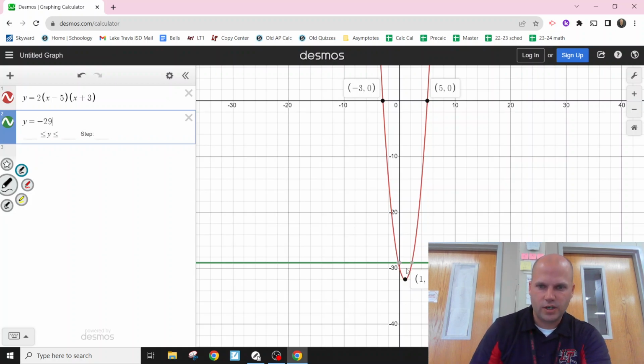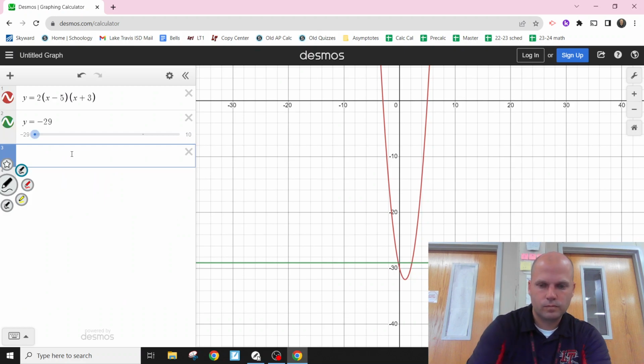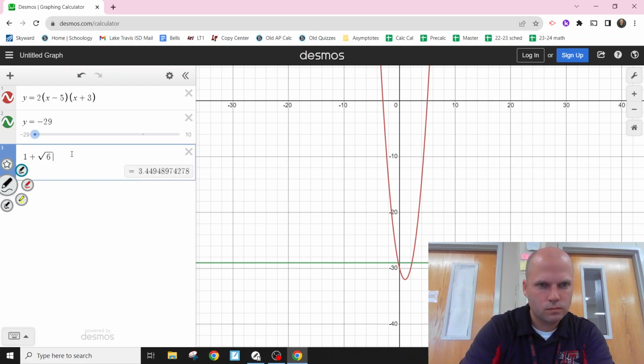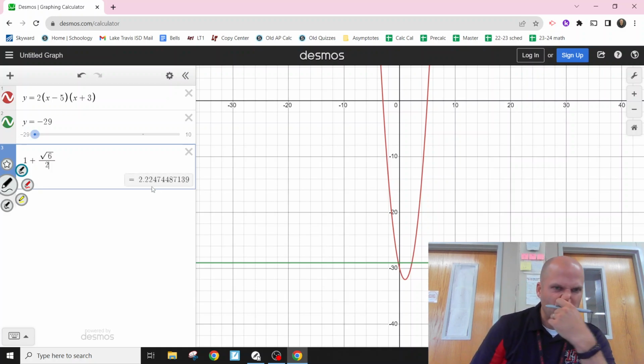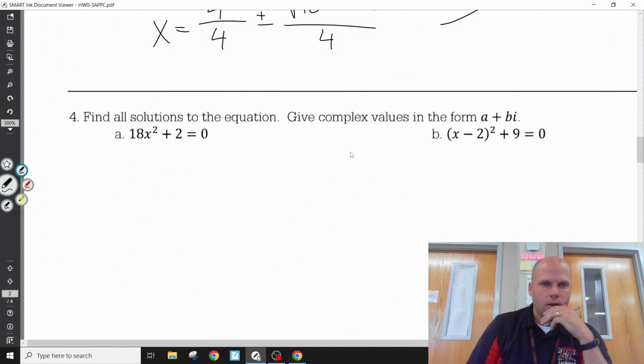We can find the intersections. 2.225. There you go. It's actually 2.22474. That's the correct answer, but boom, we got it. All right,